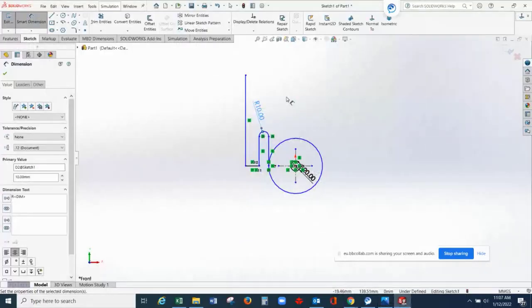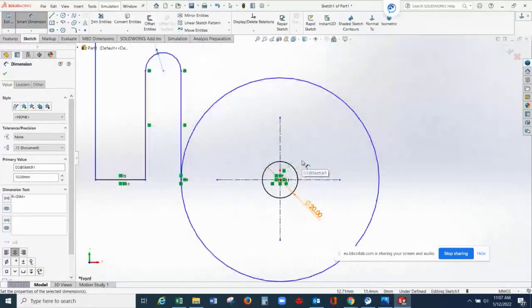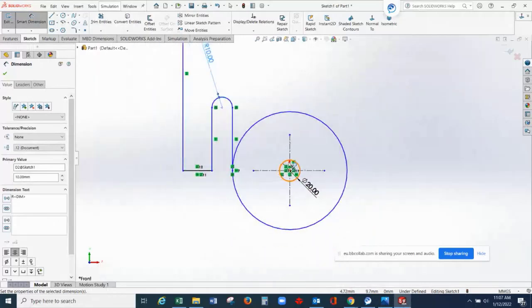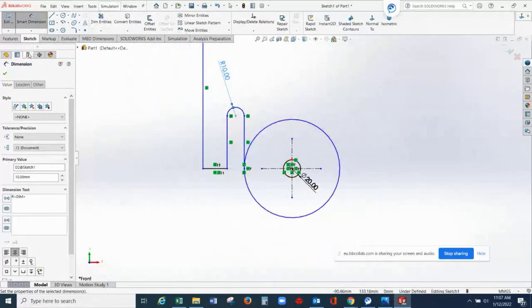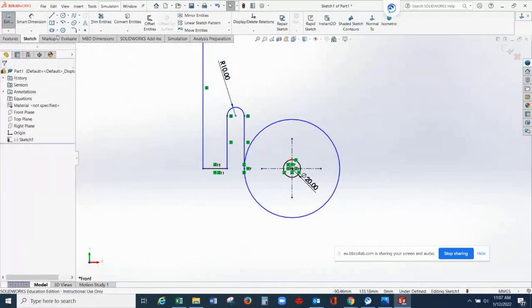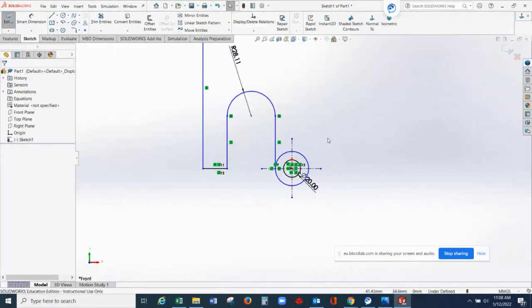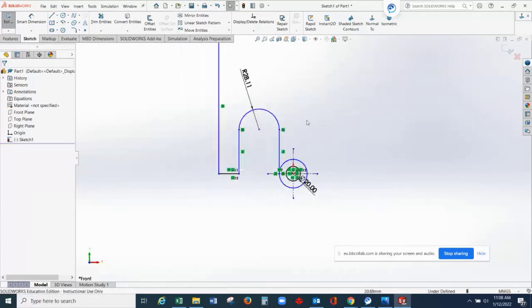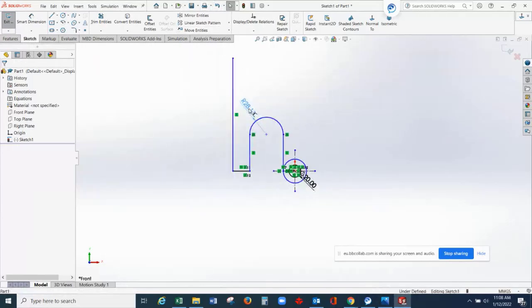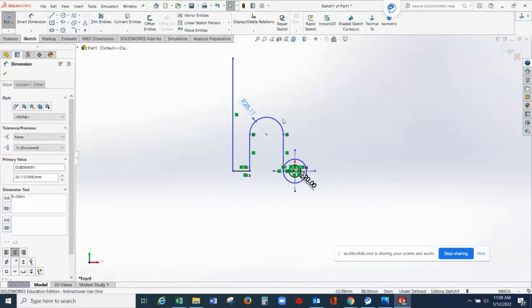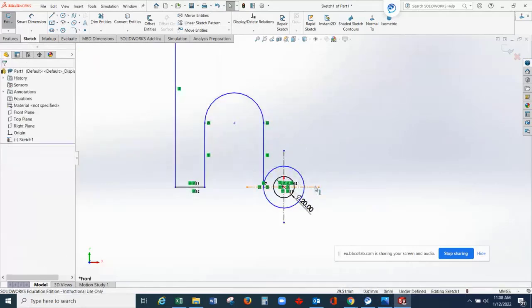Okay. So before giving dimensions to it, let's do the other part.